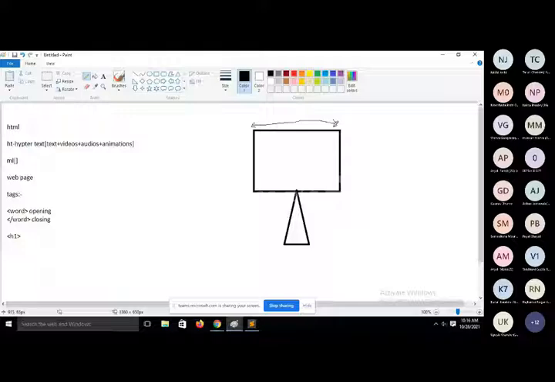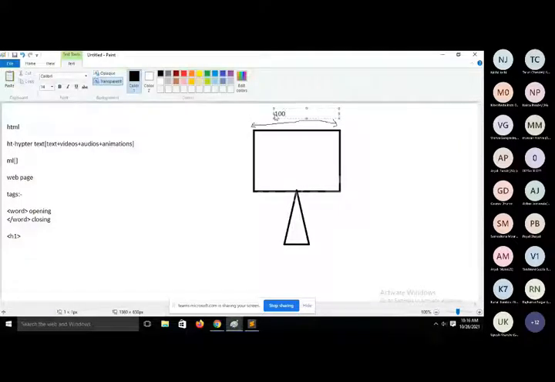First one is percentage. If it is the full width of a screen, then we say we are using 100% width of a screen. So we can measure size in two ways.